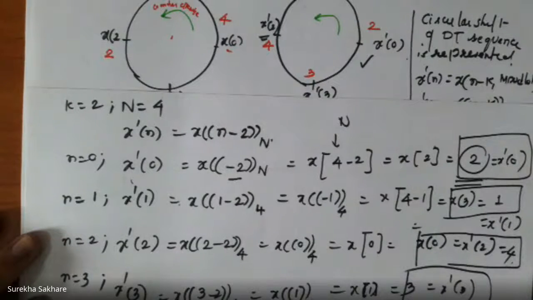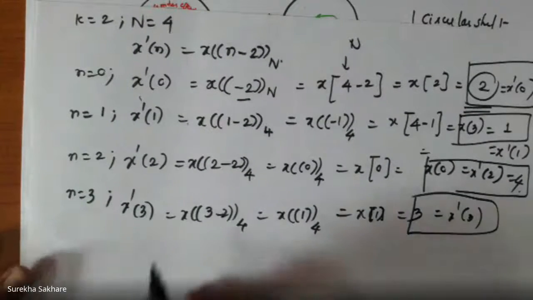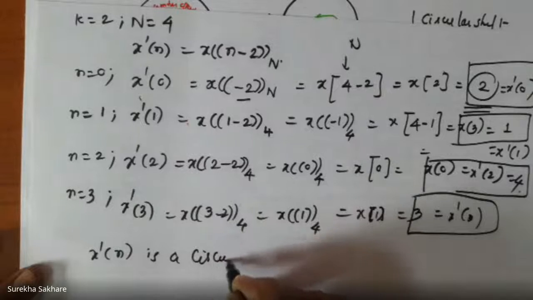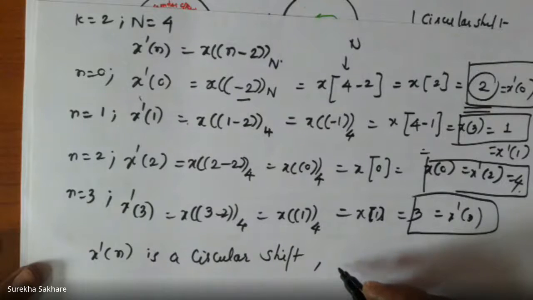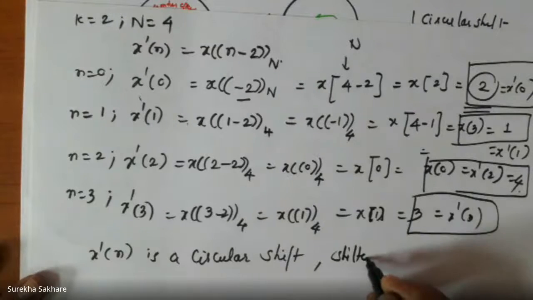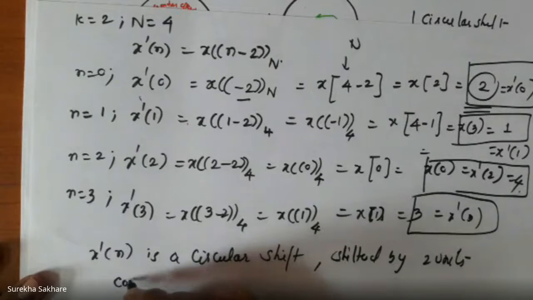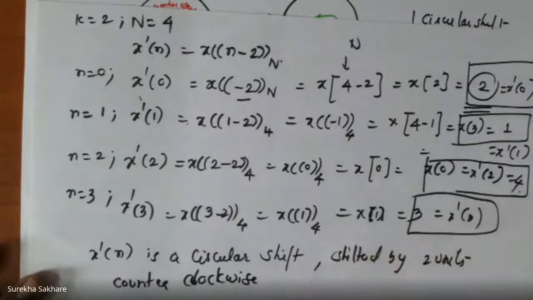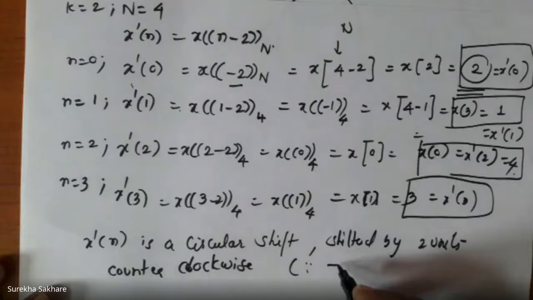so this is how x dash n is a circular shift, shifted by 2 units counterclockwise. Since counterclockwise is the positive direction,